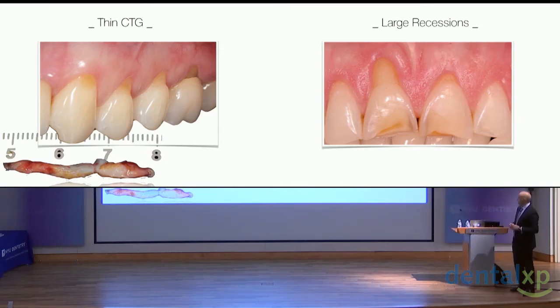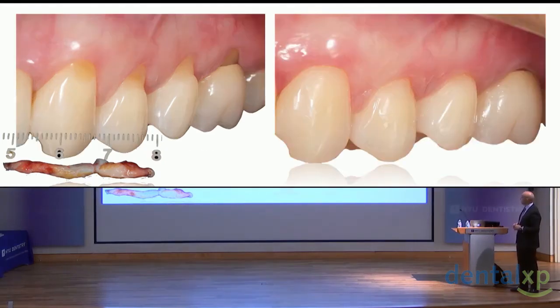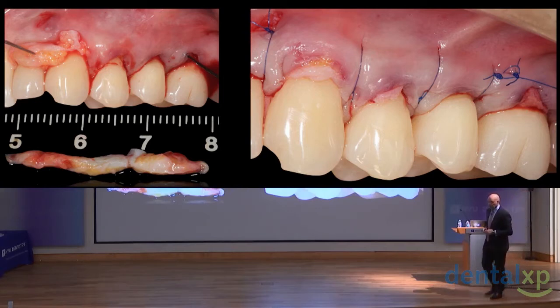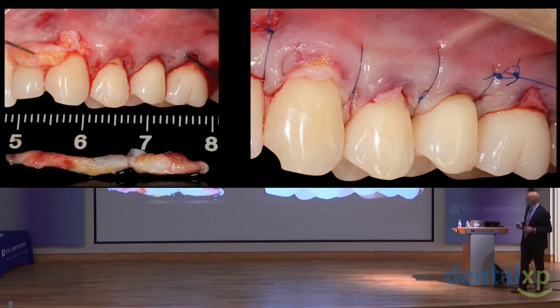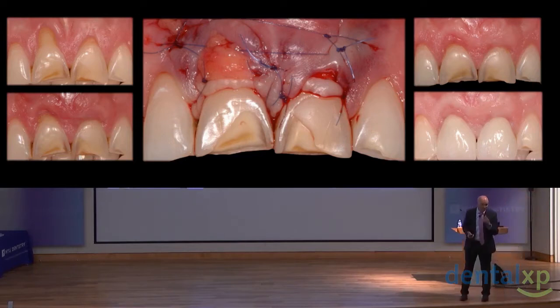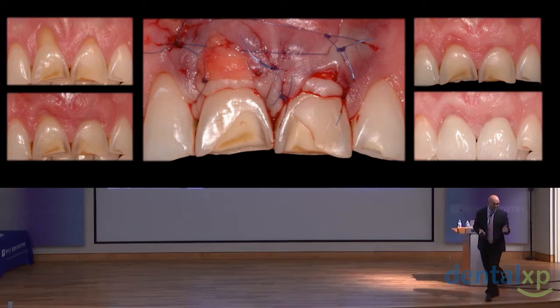You know what? Those cases were done before. Let's look at those cases, before and after. I did not use that suture. I used a sling suture because this case was done before the article was published. Let's look at this case. I didn't cover the connective tissue graft because I didn't know about the article. I didn't know anything about dentistry, you know, at that time. But okay, I don't know much now, but